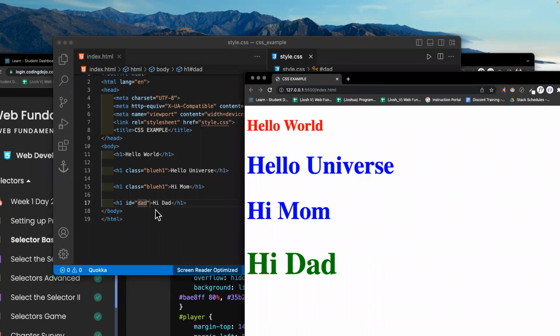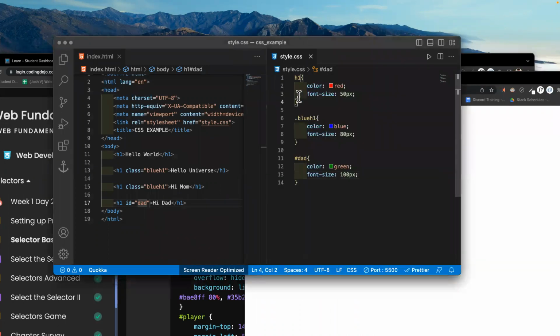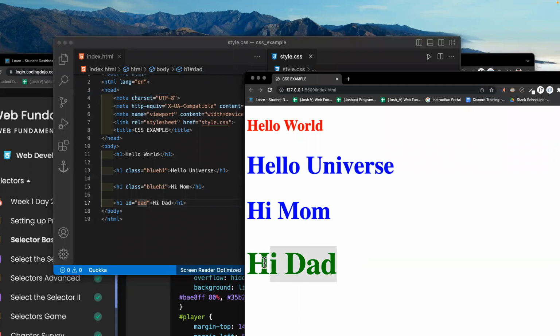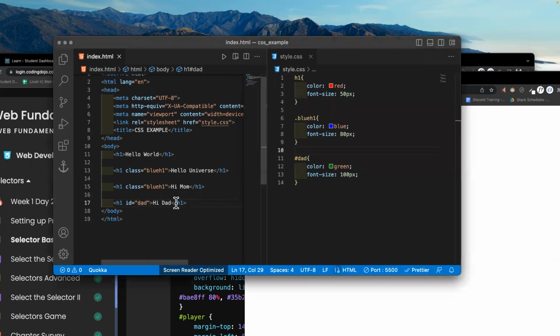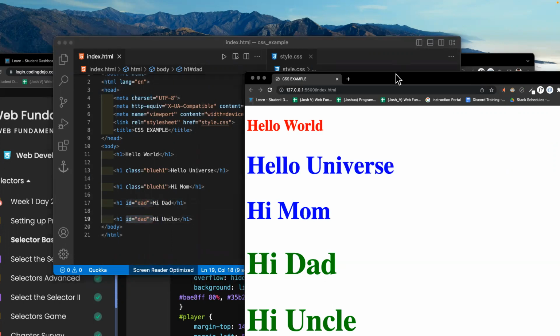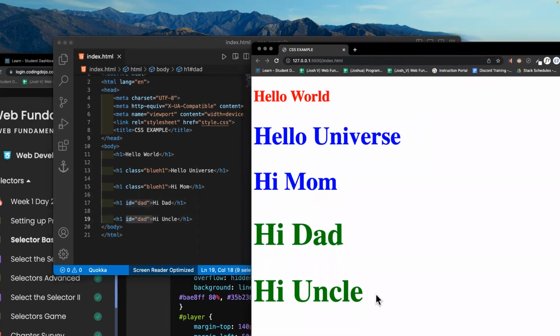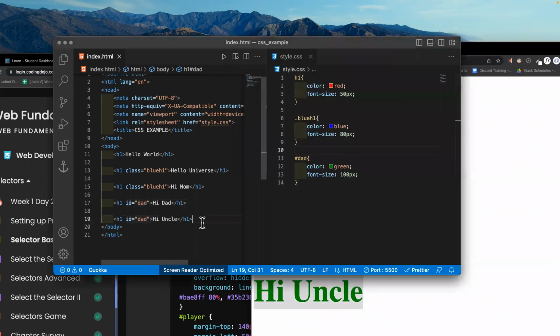So now the ID has overridden the general selector here for all H1s. And it's now giving this rule. Now, if I were to copy this H1 here twice, even if I change something in here, maybe I say, hi, uncle. It has the ID of dad. You can see here that it will apply the rule to both of them. But